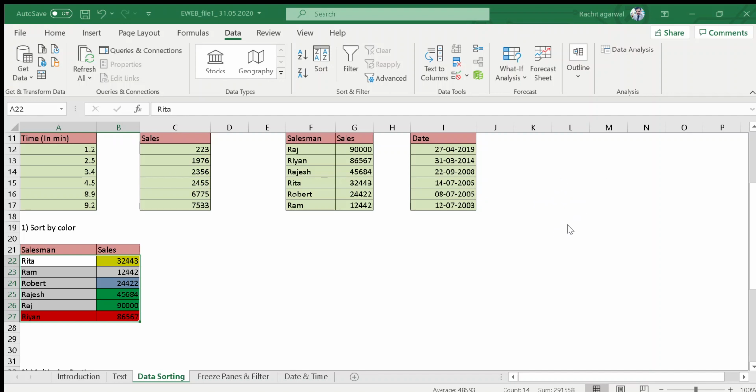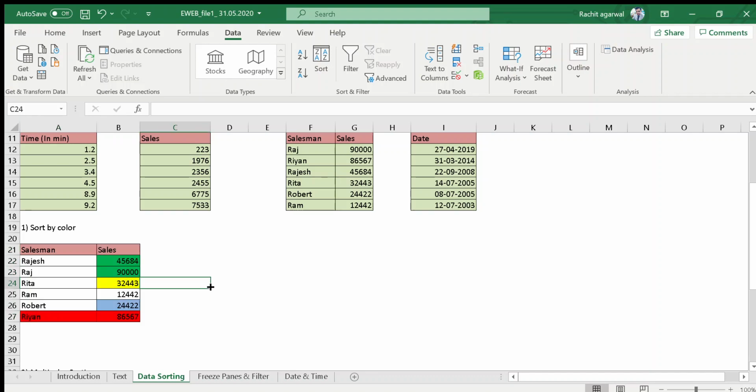Now I want green, and green on top. Click on OK. So now green is on top, red is on bottom. So you may do this by applying the multicolor sorting option.